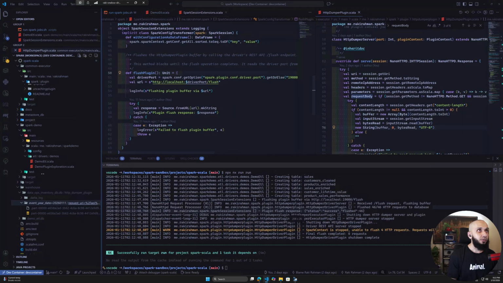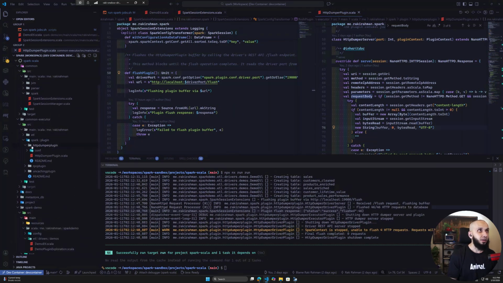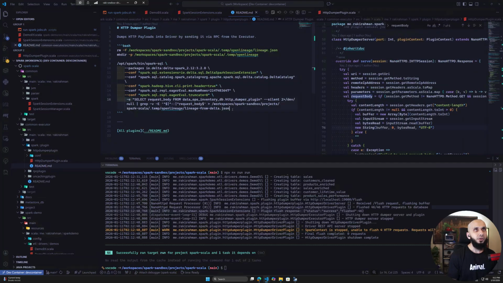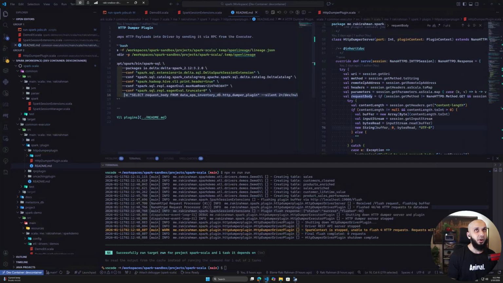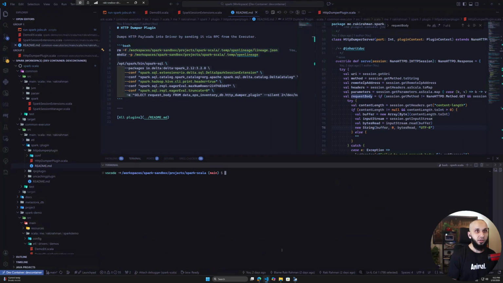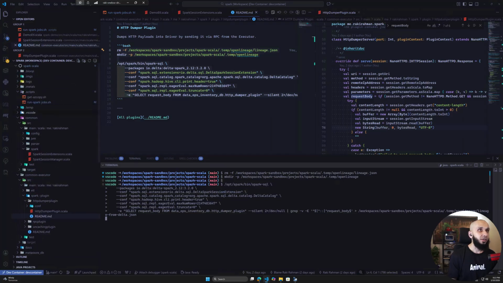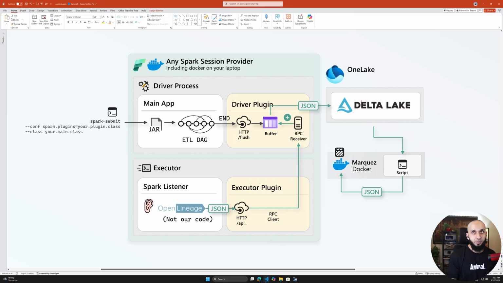So now, if I want to visualize what this data looks like, I have this very simple script here, which is going to run a select request body from that Delta table. And I'm just going to write all of that into a simple JSON file. So when this is running in the cloud, which you'll see shortly, if I'm interested in a particular table's lineage, I can just run a regular old Delta query, get that data out, and then I can visualize it